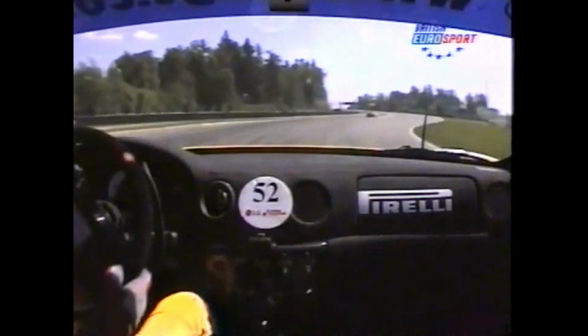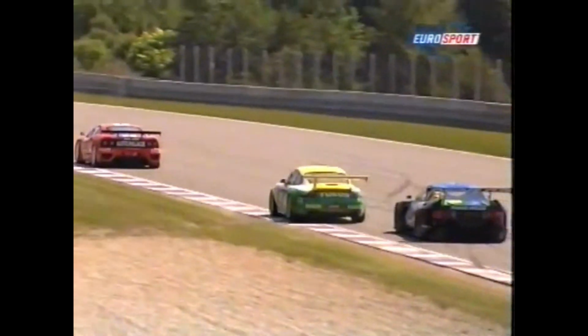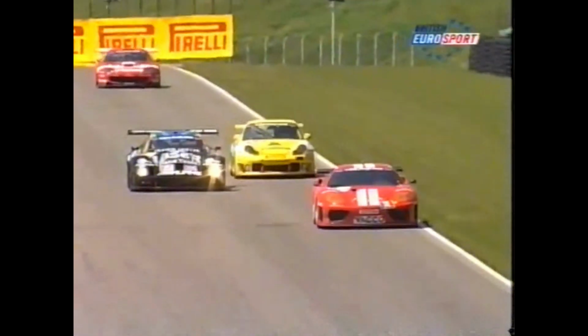And is that a lot of understeer, do you think, there? Yeah, I think the Ferrari will suffer from a bit more understeer than the Porsche will. Tim's got the Porsche up into second there in class, which is very good, and it looks like he's holding station roughly with Stefan at the moment. But the MK car, a very well prepared car and a great chassis and gearbox package, so they're obviously running